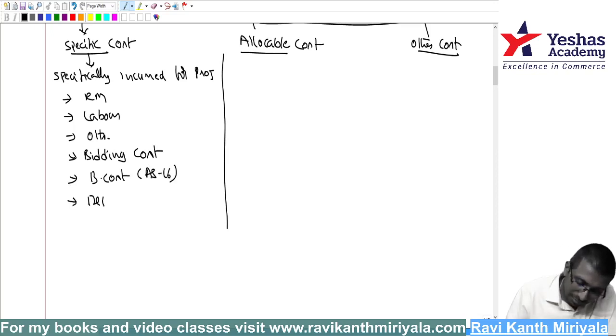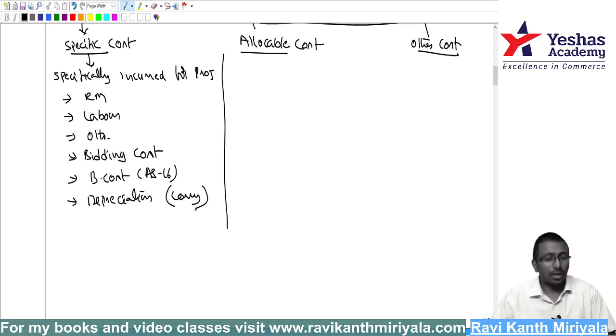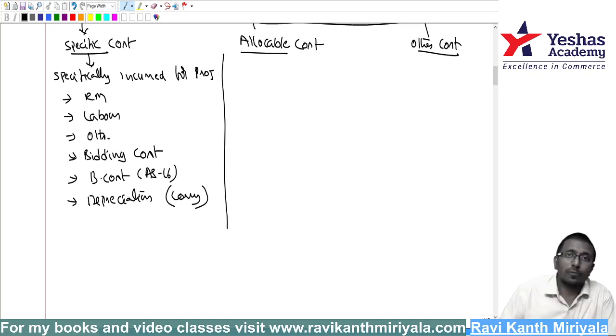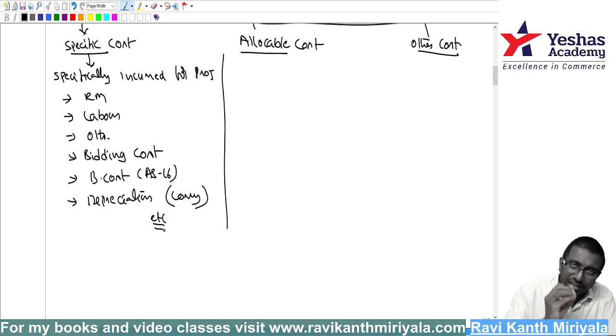Correct. Next, even some depreciation. Depreciation of what? Suppose there is a lorry. This lorry is used for the purpose of construction of this building only, so it is dedicated for this. Then depreciation of that lorry: maybe I will construct my building in 3 years while the lorry life is 10 years. Correct? But 3 years depreciation is the depreciation of the machines used for the specific project. Something like that, which is directly attributable to this, you are supposed to include.